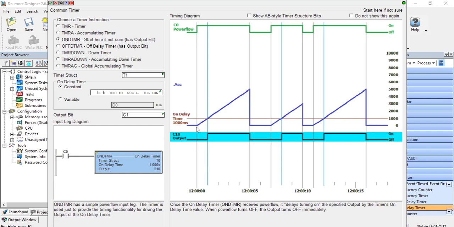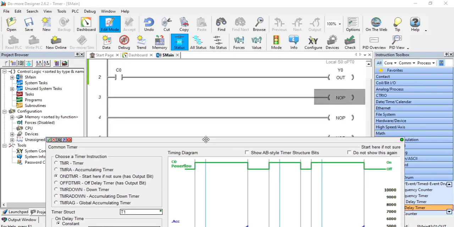So I give a signal, the timer counts to 1 second, and after 1 second my output is high, so it goes from off to on over here. And you can see that the timer continues to count until I turn the input back off. So in that case,